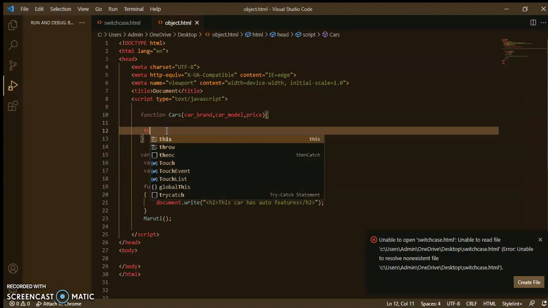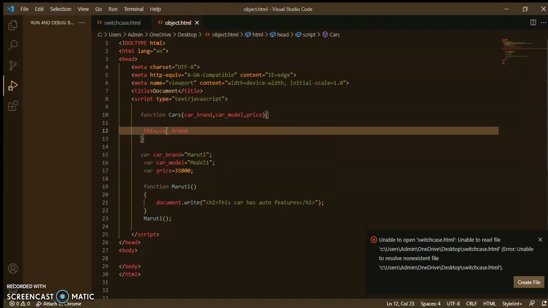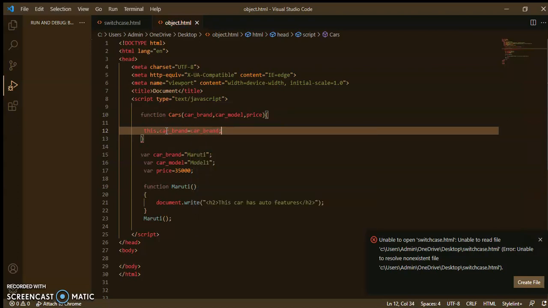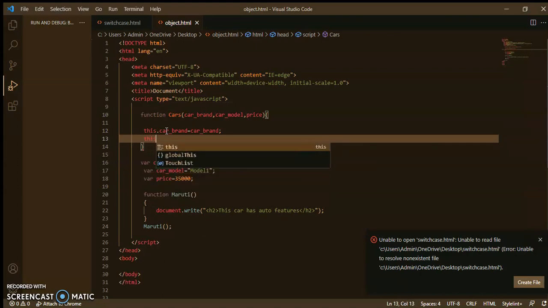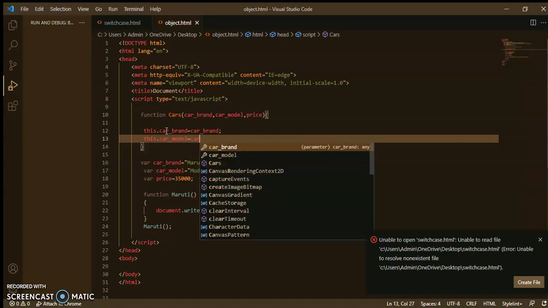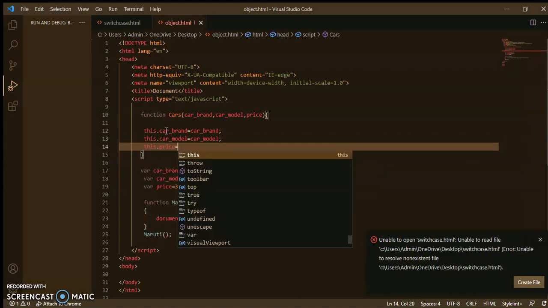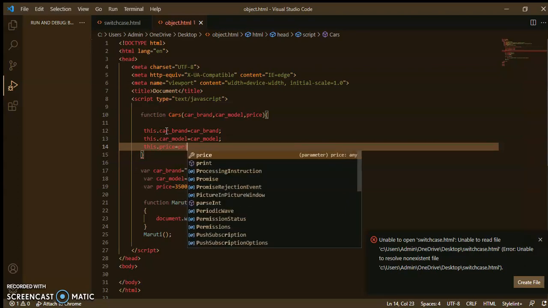Okay, so using this keyword you will access the property: this.carBrand equal to carBrand. Okay, this.carModel equal to carModel, this.price equal to price, right?